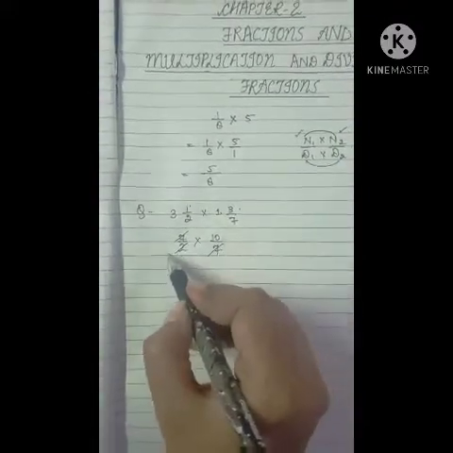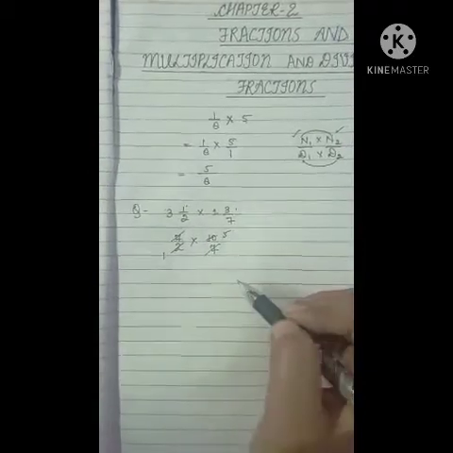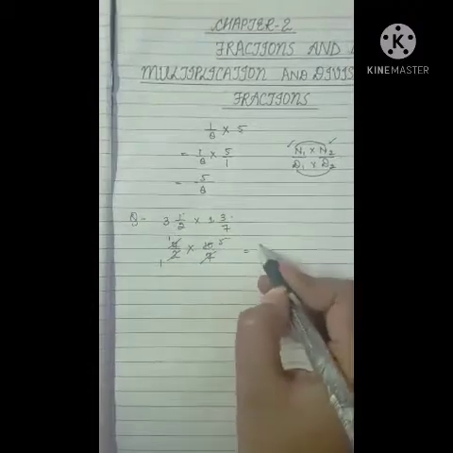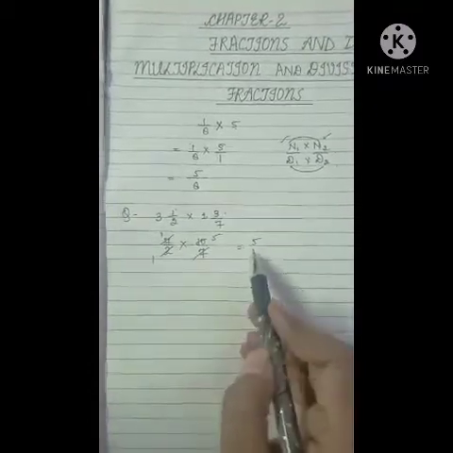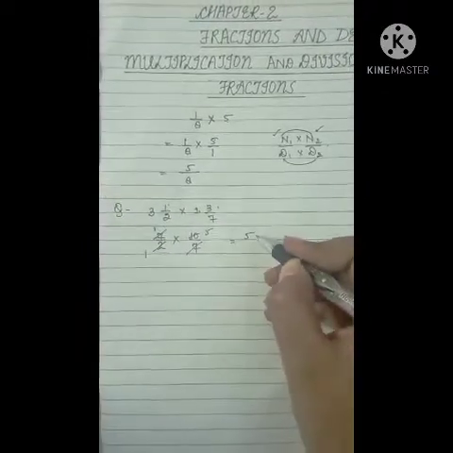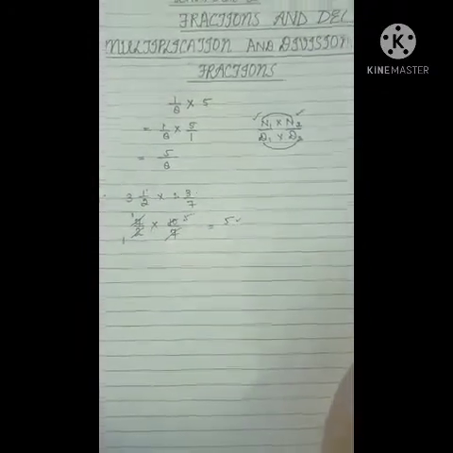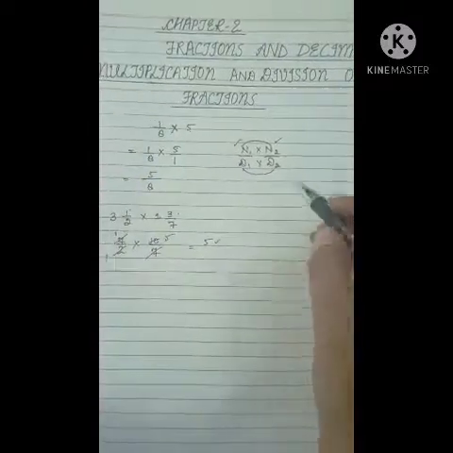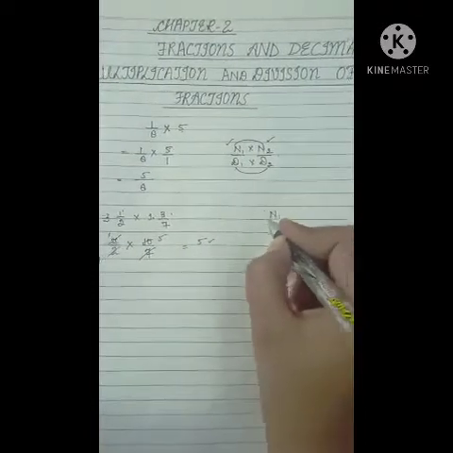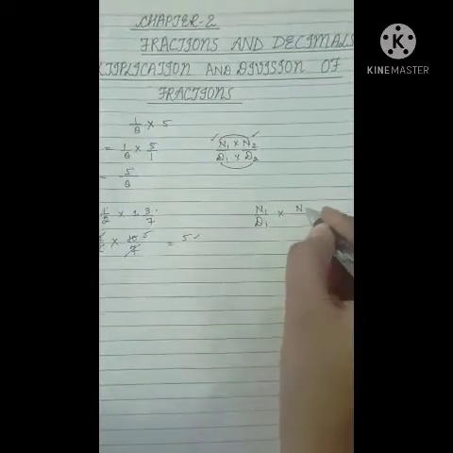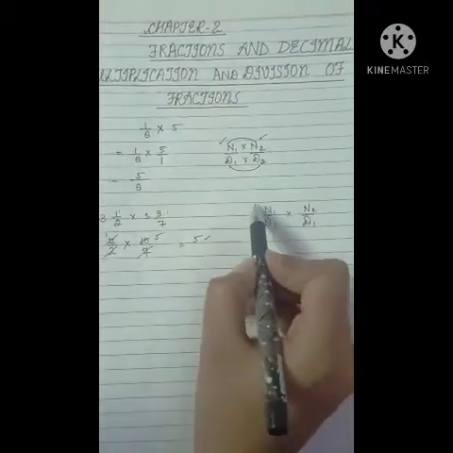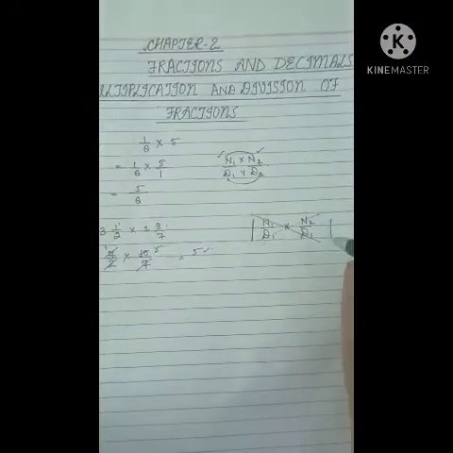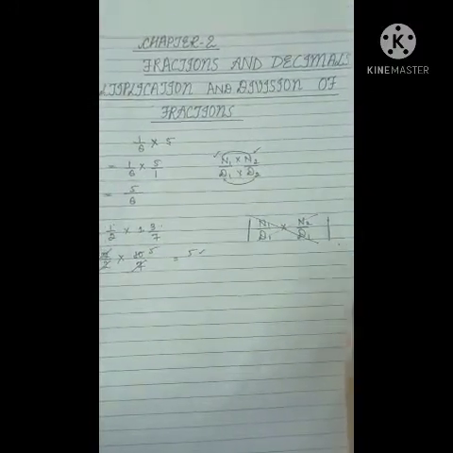Now here we have 2 1 times and 2 5 times. So what is left here? Here is 1. So 1 multiplied by 5 you will get 5, and 1 multiplied by 1 you will get 1. So we'll write only 5 here. Clear? So when you cancel out the fractions, suppose you have the fraction like this, you can cancel out them like this, or you can cancel out them vertically.